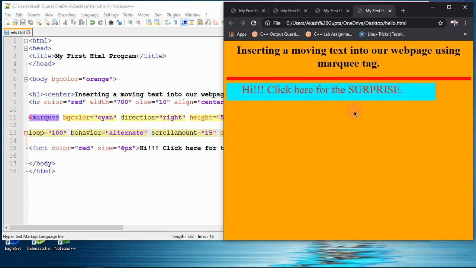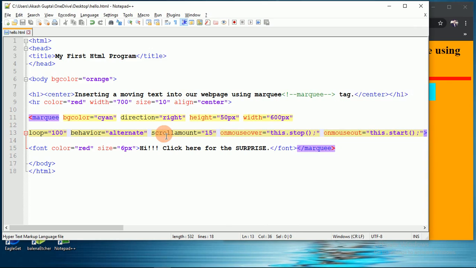Okay, so this is the behavior of alternate value, right? And as you can see here, I had increased the value of the scroll amount, and the speed is also increased. So while taking the cursor towards the text, it stops, and removing it starts, right? So this was the overall description and detail about marquee tag, using marquee tag.